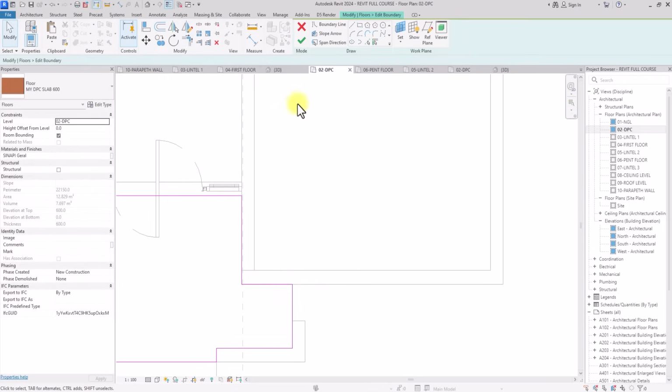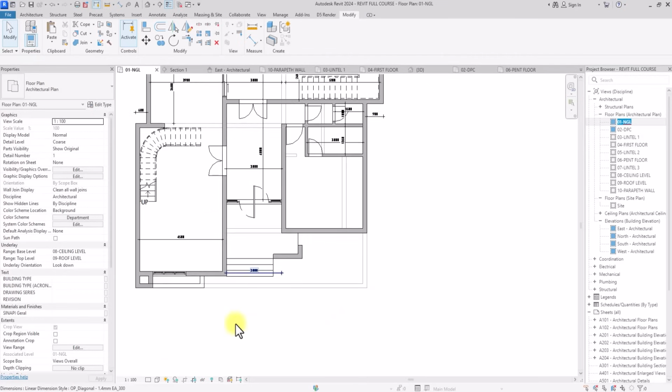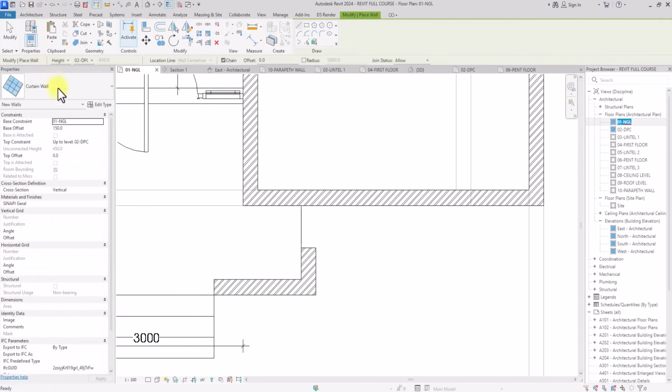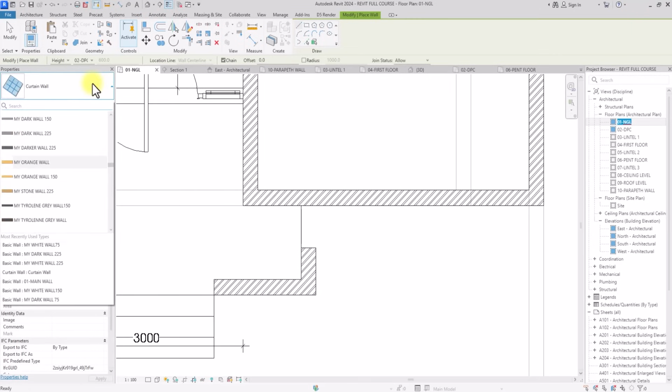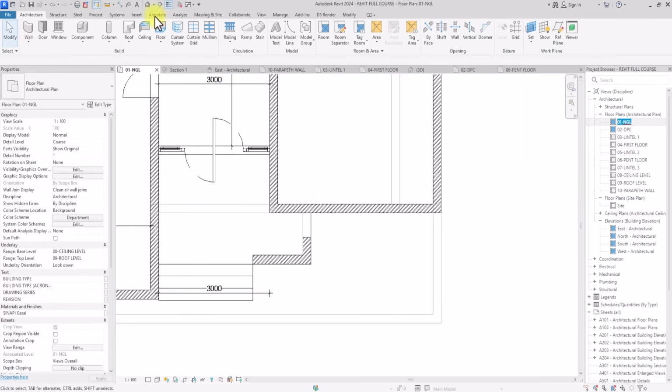I'm going to put a glass railing here and I'm going to go to NGL and draw a wall to fill up here. The wall will just be to the DPC, so I'm just going to click on 0. I'm going to change this from curtain wall to, not regular white walls, or rather I'm going to change this to brick wall. So this brick wall is just for tiling bricks. So it's still a normal wall, but it just has some brick properties. Like the material I apply to it is brick, so I don't usually like painting, so everything will just be